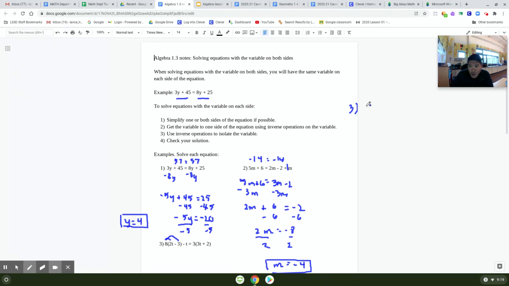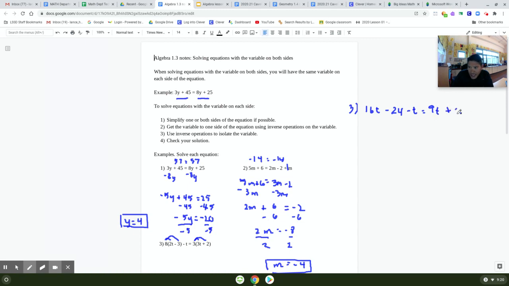So 8 times 2t is 16t. 8 times negative 3 is negative 24. We always want to pay close attention to detail, make sure that we have every single part correct, and then we still have the minus t. If you just mess up on one part of the equation, it's going to goof you up for the rest of the equation as well. Is equal to, on the right side, I could distribute the 3 to the 3t and the positive 2. So 3 times 3t is 9t. 3 times 2